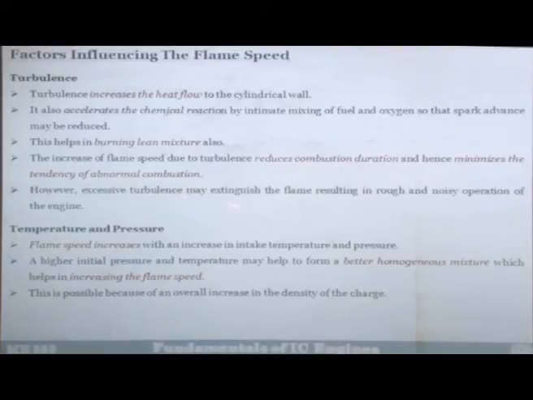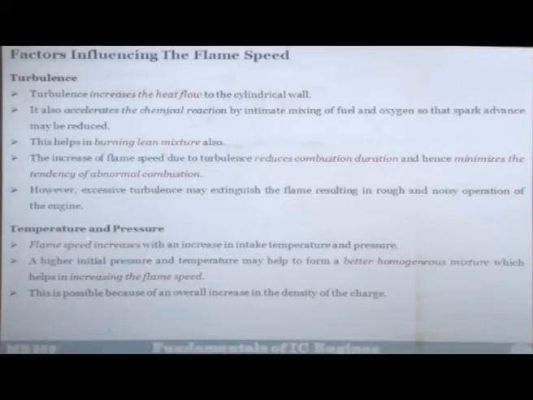So, this excessive turbulence may extinguish the flames, resulting in rough and noisy operations. So, too much turbulence is also not good, less turbulence is also not good. So, you have to basically do a very fine balancing act. Okay. Too much turbulence will lead to engine rough running, it will also lead to an increase in heat loss. Too little will give you knocking issues, too little will give you a not so high power output from the